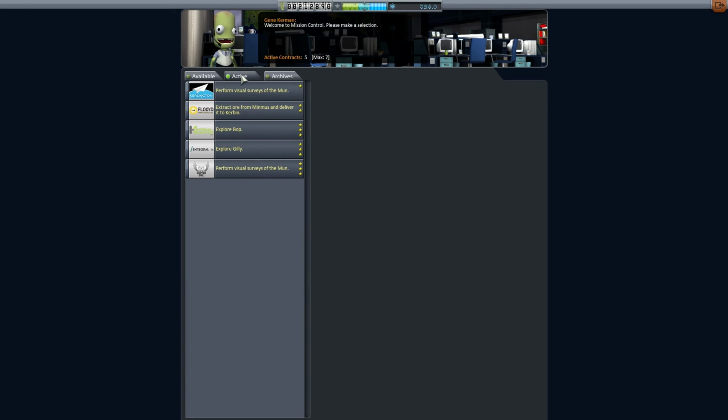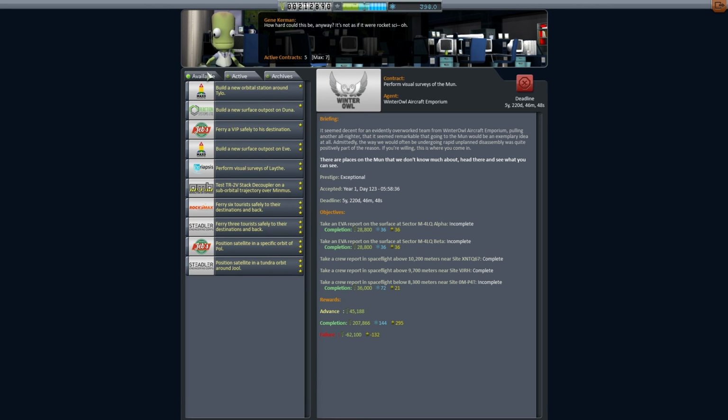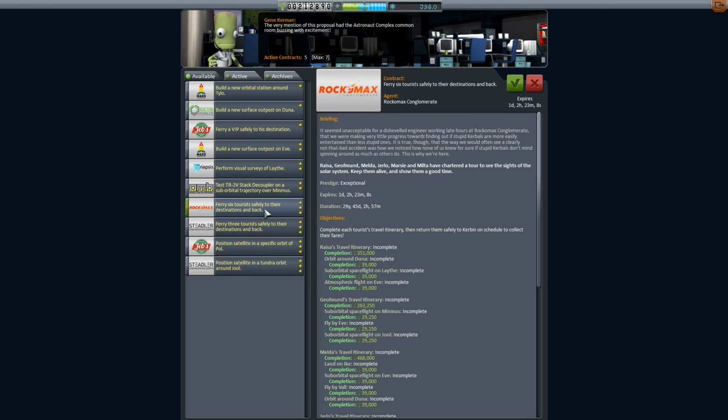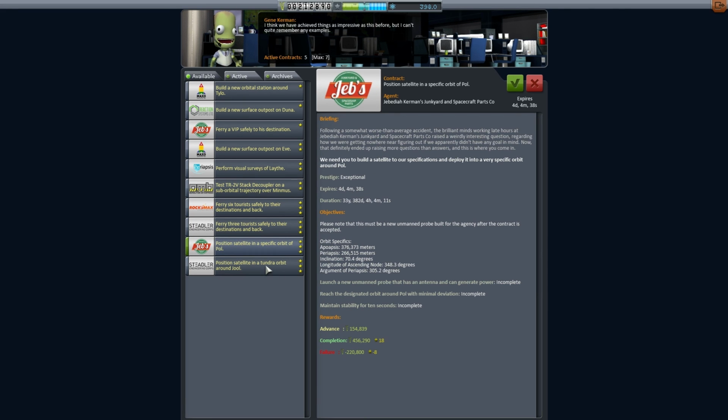I mean, we have Bob and Gilly, fairly obvious. These things are en route, or at least existing. We have visual surveys of the moon. I might try and design something that can actually properly do this. And we have here some tourists that need to go to Duna. This is all fairly specific. A satellite in a specific orbit around the pole, also fairly tough. Although this is,